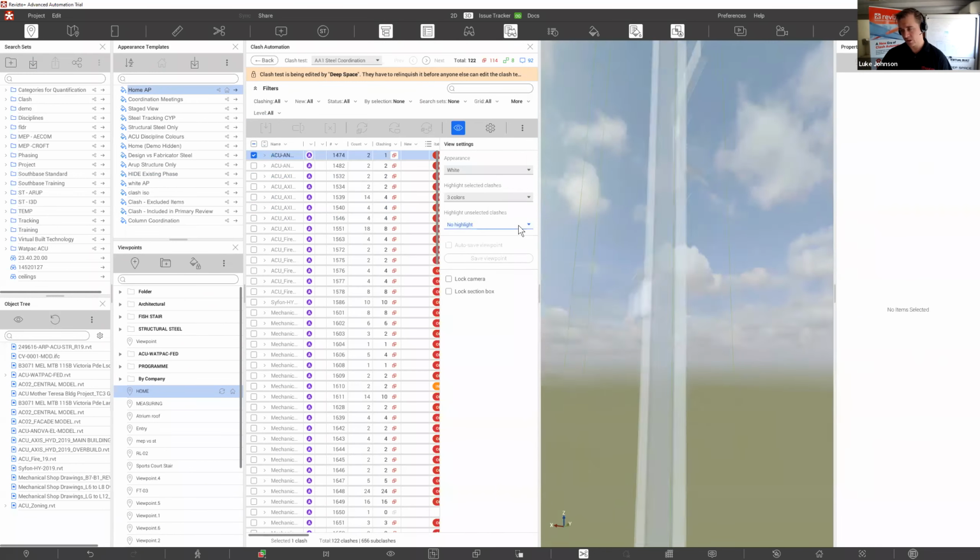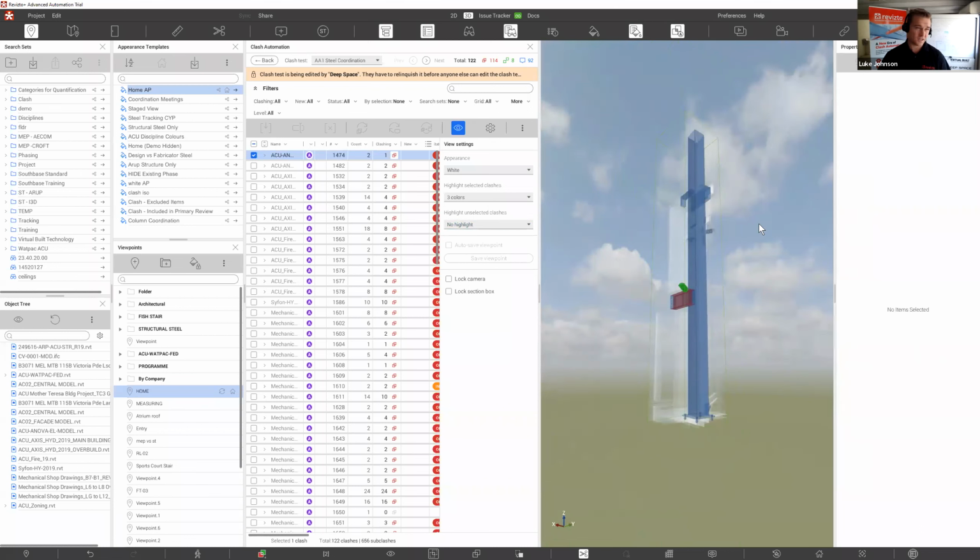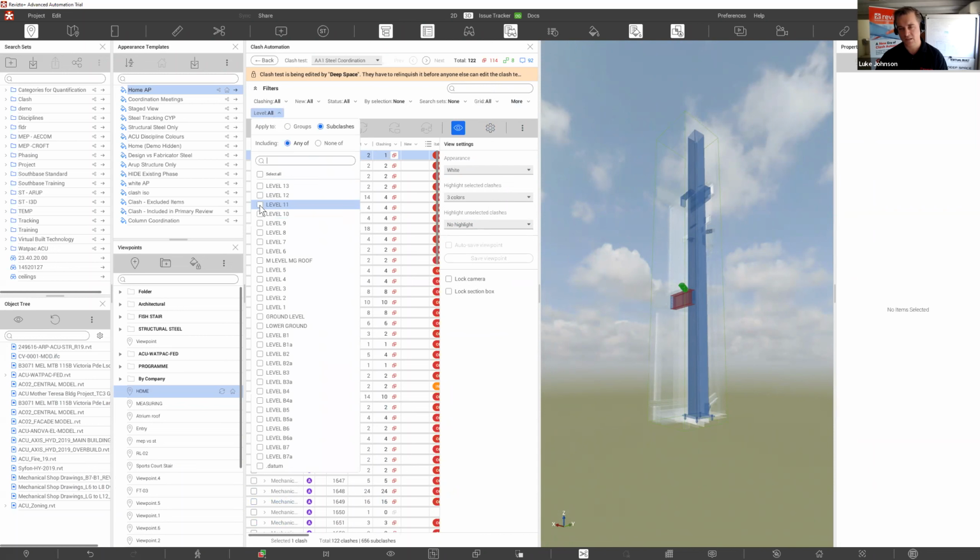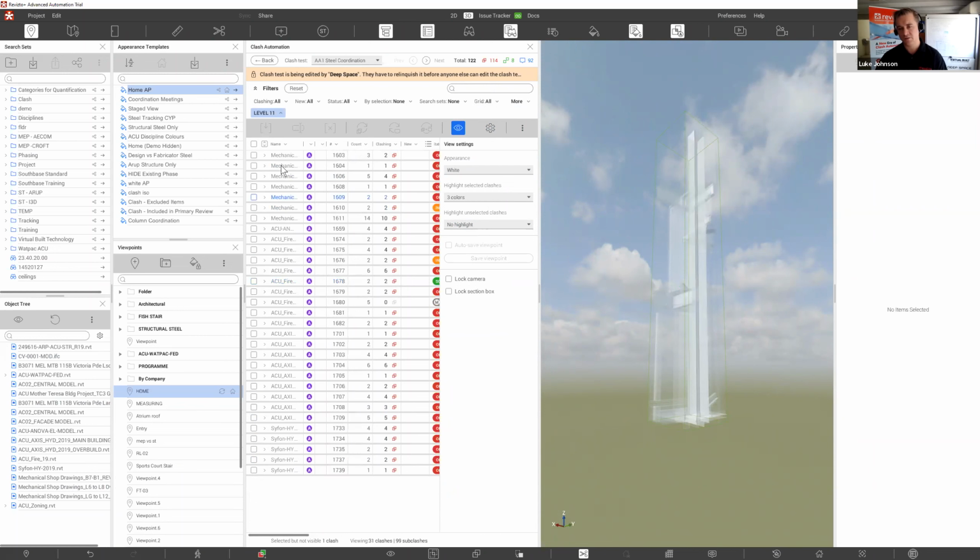Now, the actual amount of the 3D view is pretty reduced, right? So what if I want to work in 3D a bit better and clear away these dialogues? That's what this icon here at the top right, minimize, maximize, does. So let's say, for the full effect, I want to look at all my clashes at level 11,